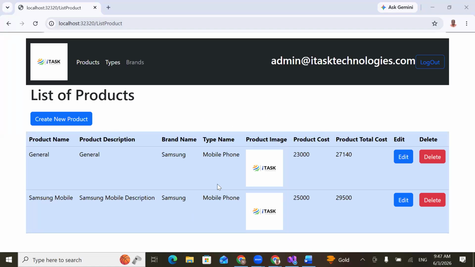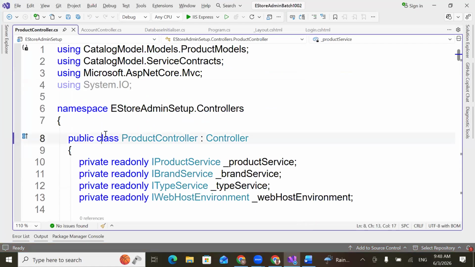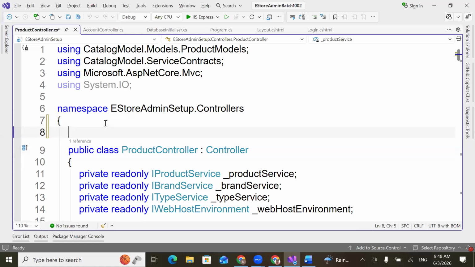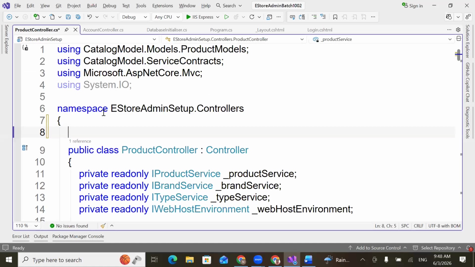Is it the right option? After login only I need to do this, right? Yes. But it is still logging in. So what do I need to do? At the class level of the product controller, I need to specify the authorize attribute. What attribute? The authorize attribute. To bring this authorize attribute,